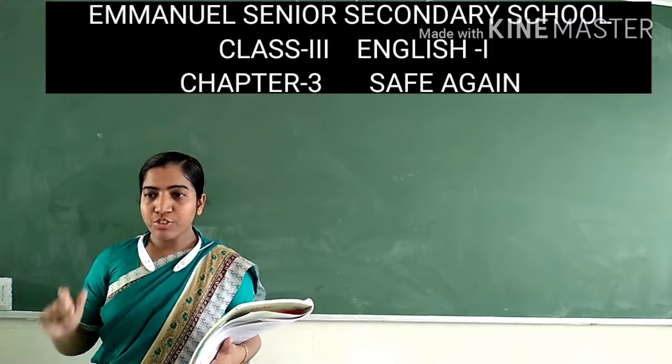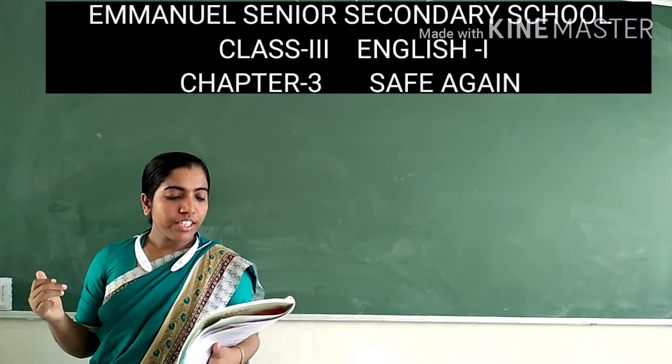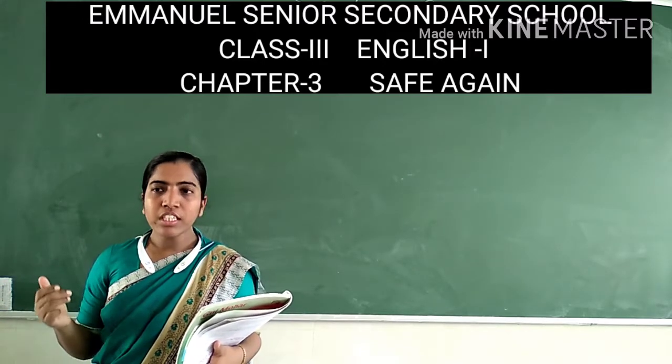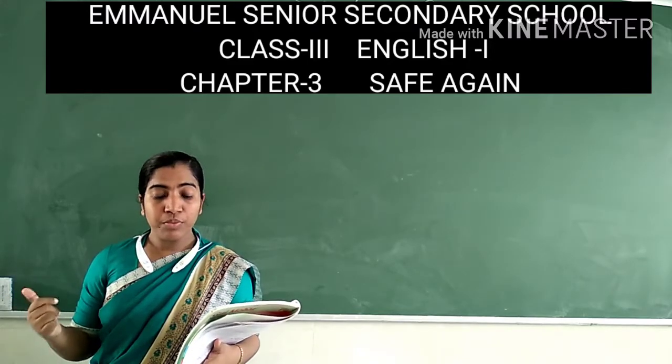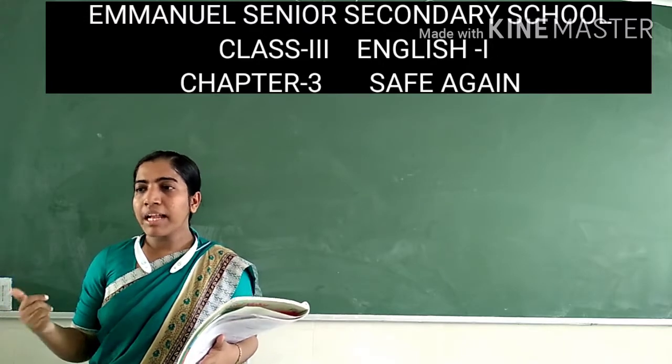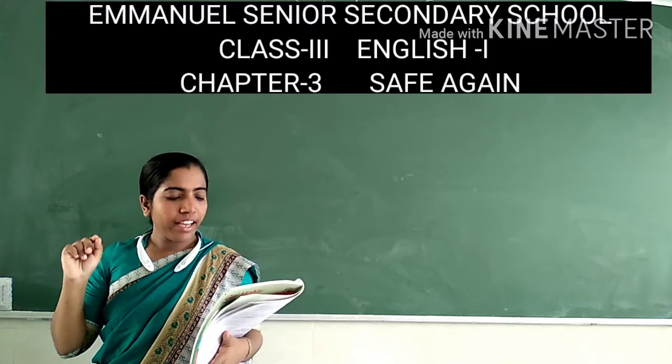और टुमारो मॉर्निंग, आज रात को या कल सुबह. Third, yesterday I had to do my homework. कल मुझे अपना होमवर्क करना था. And help my sister with her sums. And my sister helped with sums. So it shows the relation between that two sentences. So we are using and.